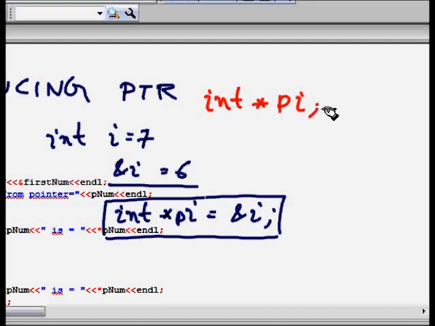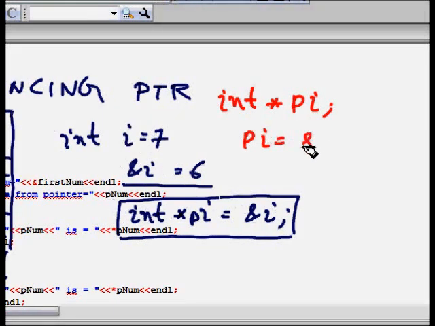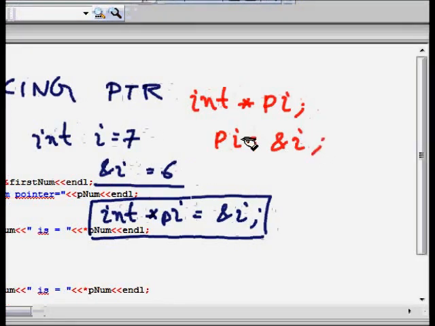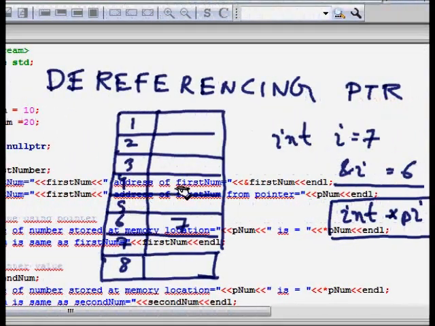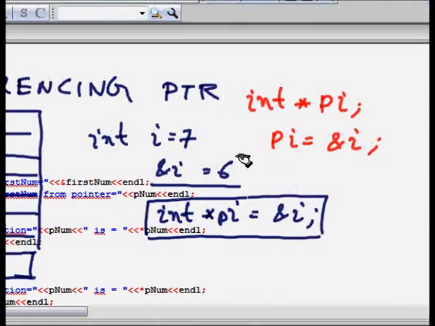Now how do you assign? This pointer can be assigned the address or memory location where the values are stored. So pi should be assigned the memory location of some integer. i is an integer here, so &i will give the memory location of variable i.